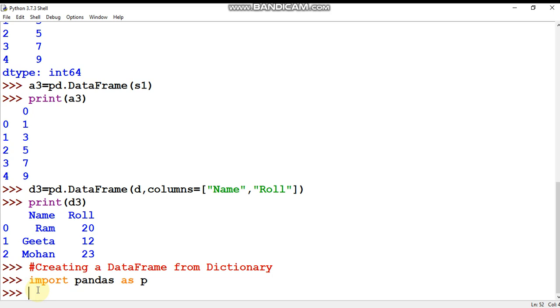So first we have to create a dictionary. How can we create a dictionary? Suppose we name it DT, or better, let's take a dictionary named students. The rule for creating a dictionary is that we use curly braces, and two parts will be there. One is called key. In this key I want to assign names, suppose Ram, then Mohan, and then Sita.